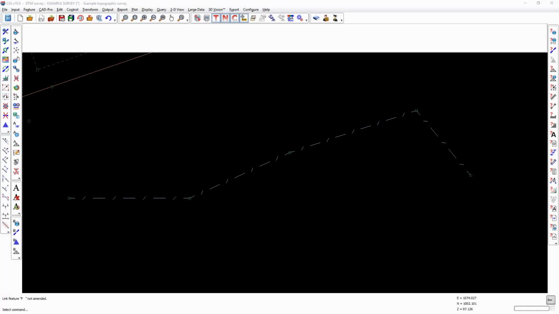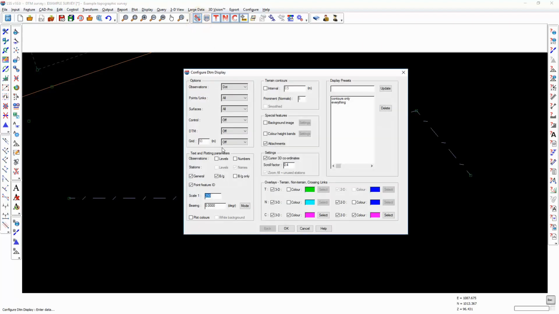Before we look at the Edit Level Text command in detail, it will be useful to explain to you how LSS displays levels text and also the importance of scale when plotting and exporting text. To do this, I'm going to turn on levels